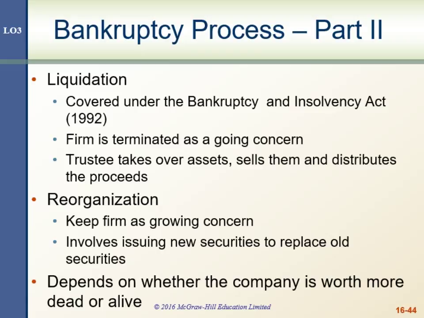So the first step is they have a voluntary or involuntary petition, so it's either brought by the creditors or brought by the creditors in conjunction with the management of the firm and their shareholders. So voluntary means that the management and shareholders are on side. The involuntary petition is one that's brought by creditors in conflict with the managers and shareholders. Then they bring it before the judge in court.